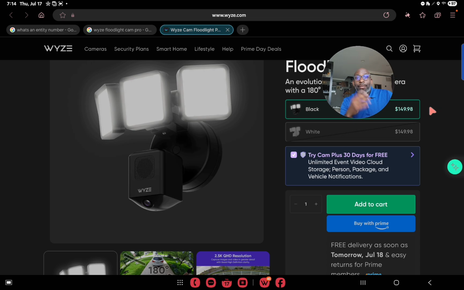Again, this can be had for $149 on the Wyze app or on the Amazon app. It's a really good camera for what it is. Your installation is as easy as connecting a couple of wires, provided that you already had an old floodlight there,